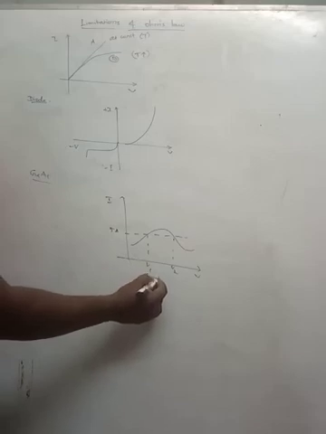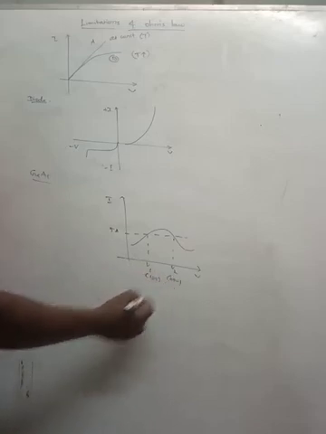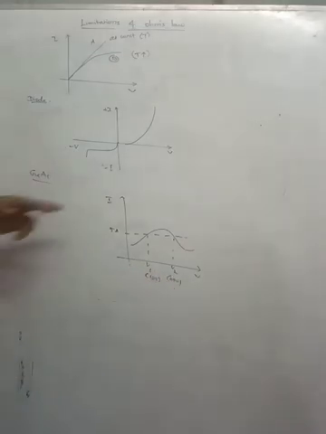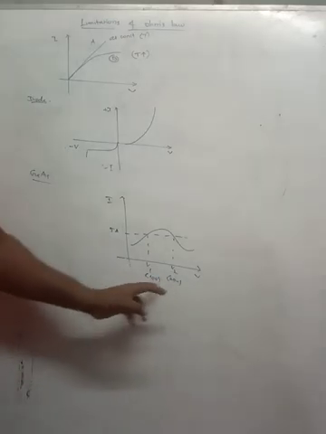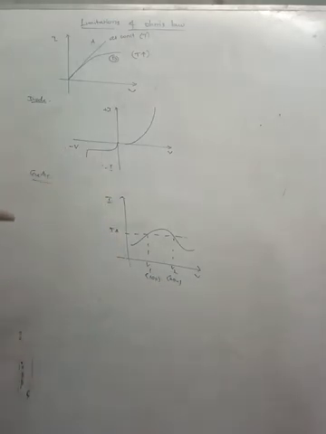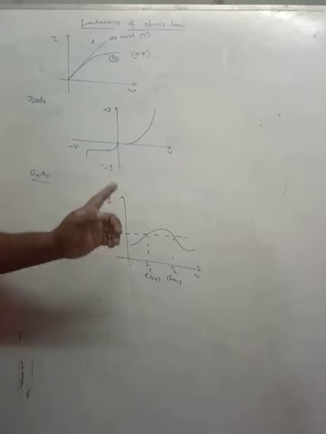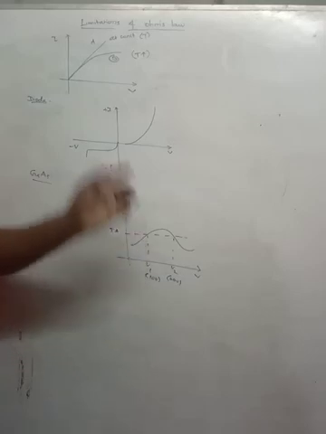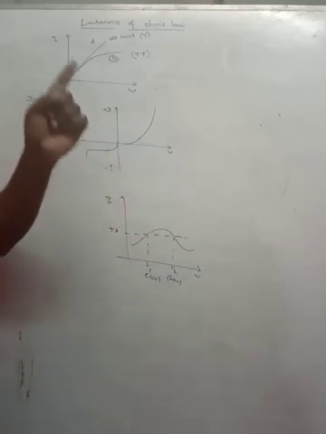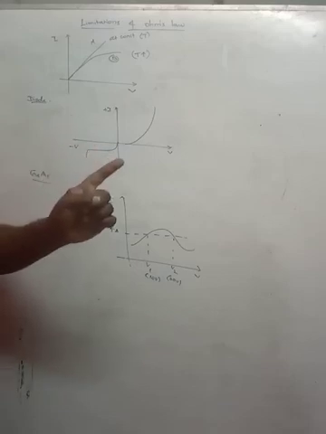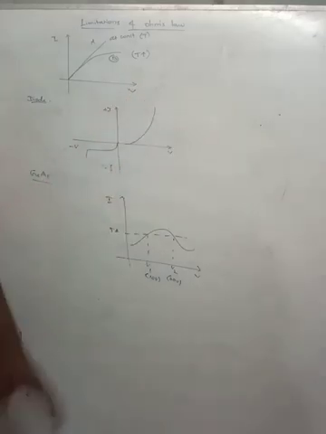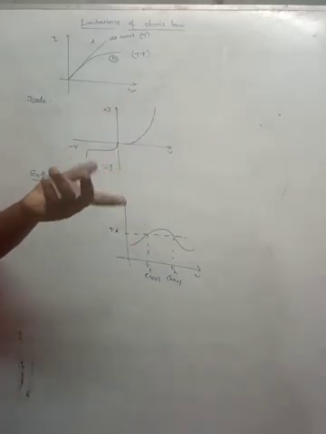Here 10 volt, here 20 volt. How is it possible? For the same current, two different potentials. According to Ohm's law, it can never be, because according to Ohm's law, V is directly proportional to I. That means one value of current should have one value of resistance. There are no two different values; we cannot get it.